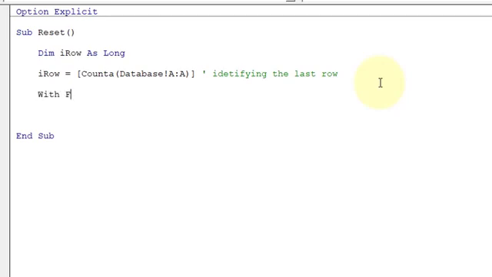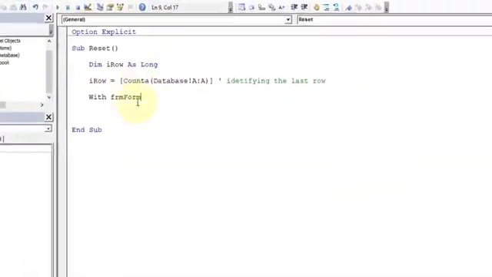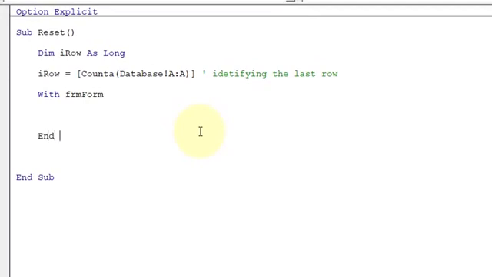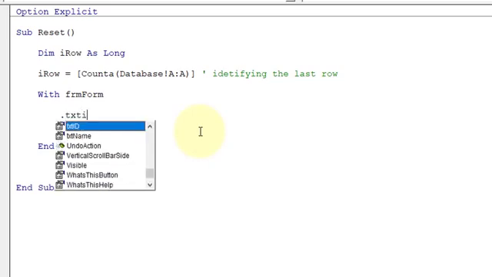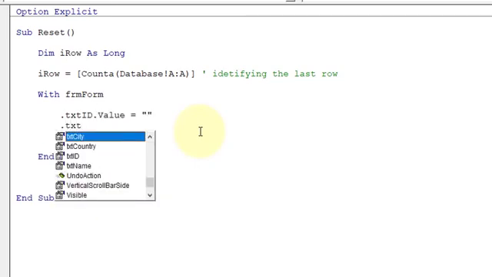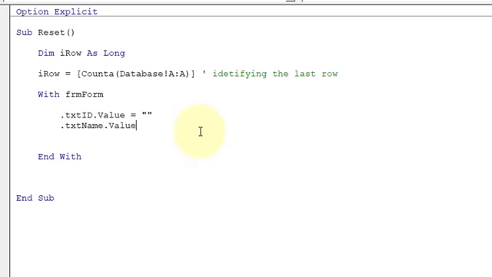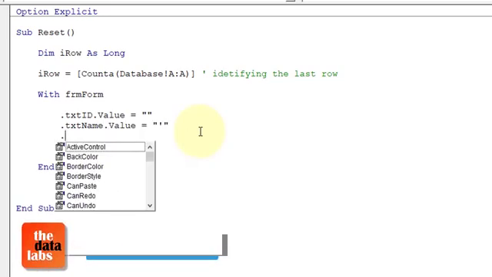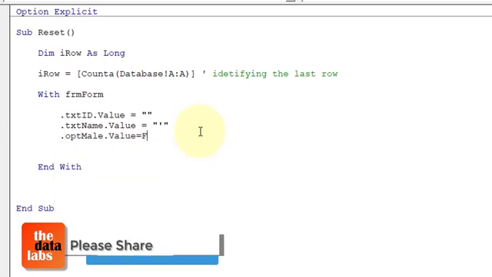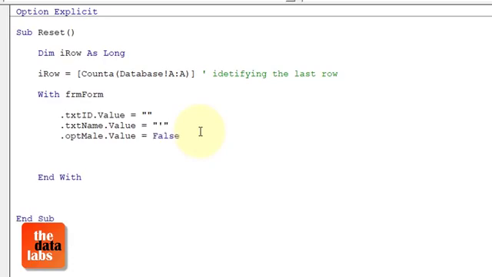Okay, now let's start writing the code. So With frm, the form, we are referring to this form, and With. So txtID.Value is equal to blank, txtName.Value is equal to blank, optMale.Value, this one, is equal to False, optFemale.Value is equal to False.